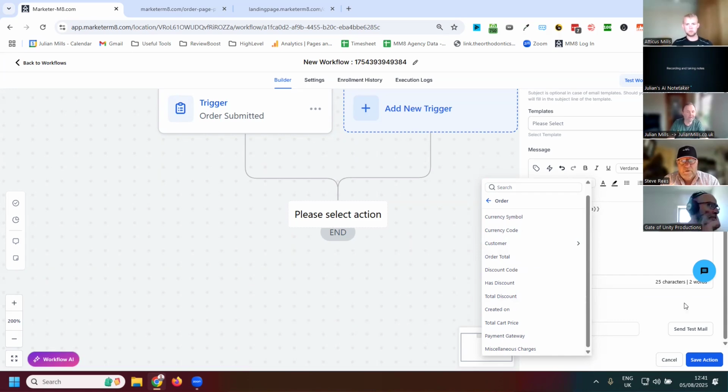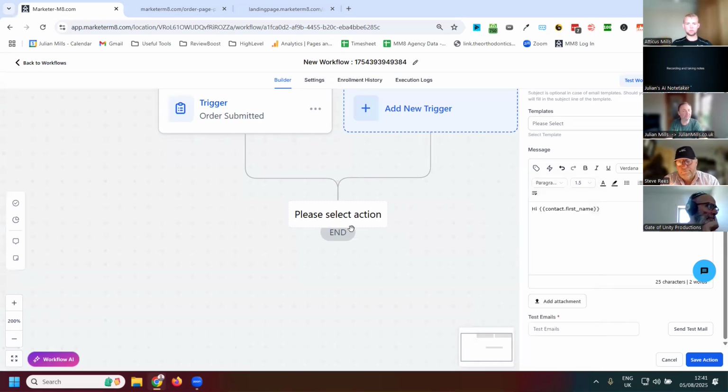Or I click on here, and obviously we've got tech support available, so we can ask the tech support guys. But that gives you the idea, so you then structure your marketing based off of what they just purchased. Maybe you've got to fulfill a product. You could maybe send a webhook to a third party to distribute the product for us, or